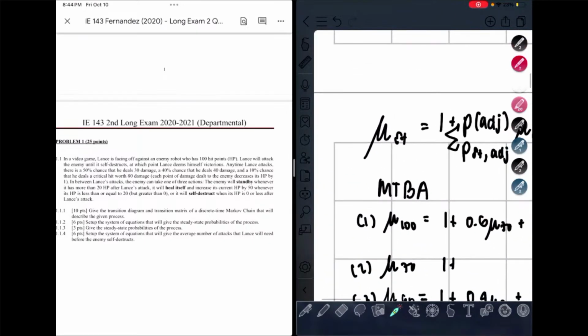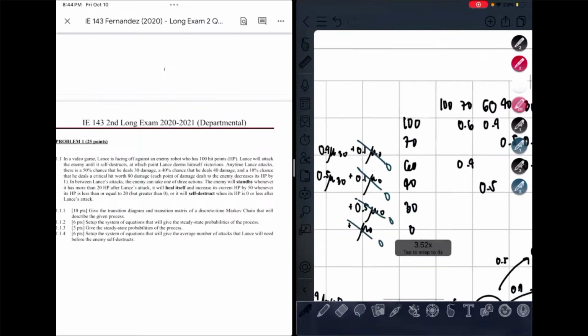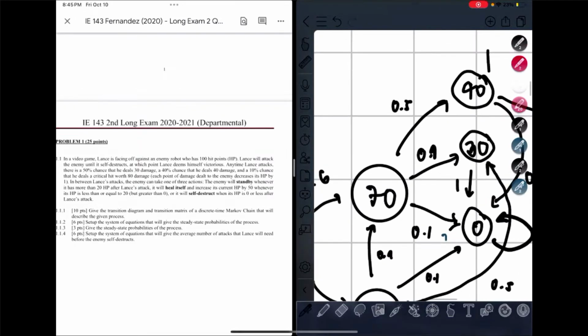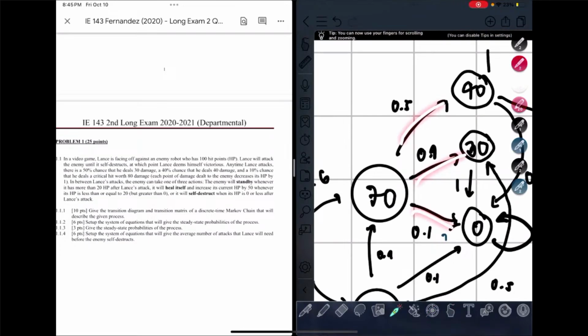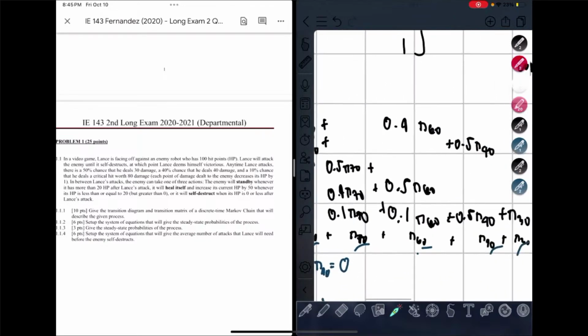So in this case, let's try mu 70. Going back to our state diagram, state 70 can go to 40, 30, or 0, with 0.5, 0.4, and 0.1 chance respectively. So that means